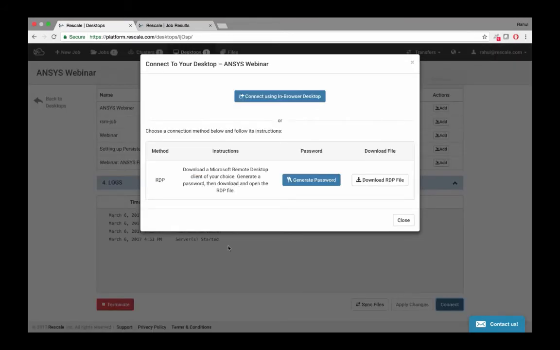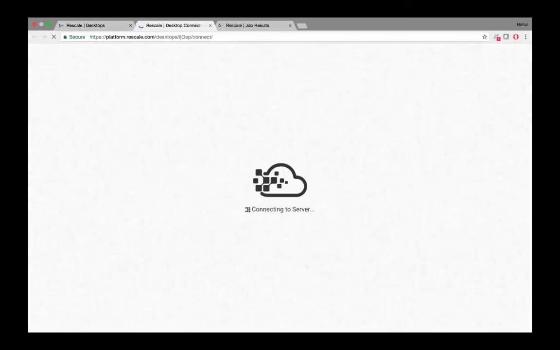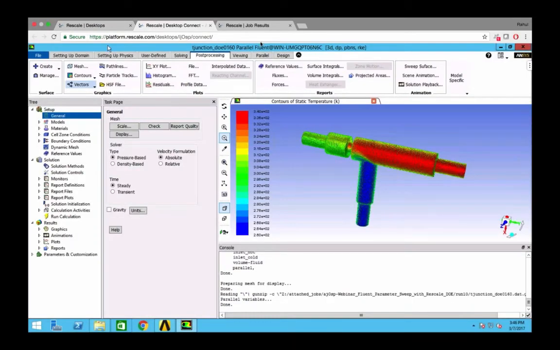So now you have two options to connect to your remote desktop. You can either use the RDP client, or with one of our latest releases, you can actually use our in-browser desktops, and this would allow you to use your desktop right out of your browser. Let's go ahead and do that. As you can see, I'm still within my browser, and I have my desktop booted up. This is a visualization of the T-junction model that we just ran, and this is the Fluent client that you see over here, and you can do whatever you need to, either to pre-process or, in this case, post-process your